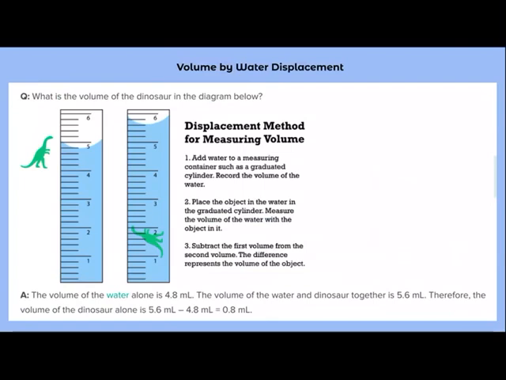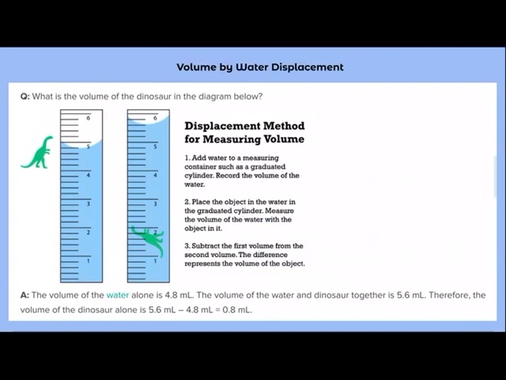But what you can do, you can see here on the left-hand side, say we had this dinosaur and we had a graduated cylinder. And you can see where the curve of the water matches up. It's about 4.8 milliliters, we'll say. That's neat. But then when we dunk the T-Rex or the dinosaur into the liquid, the amount that the liquid